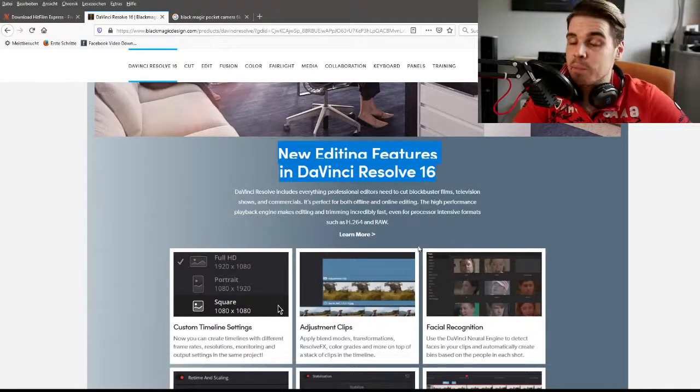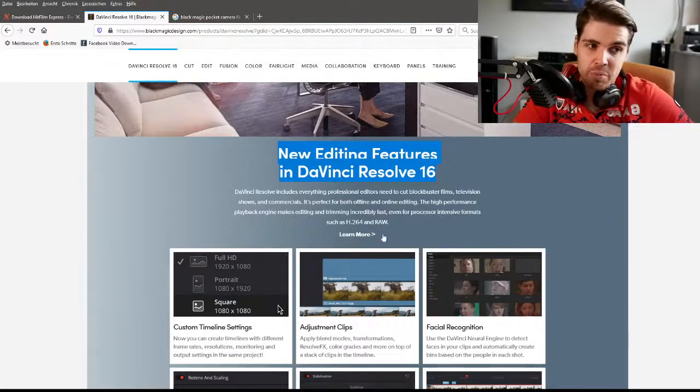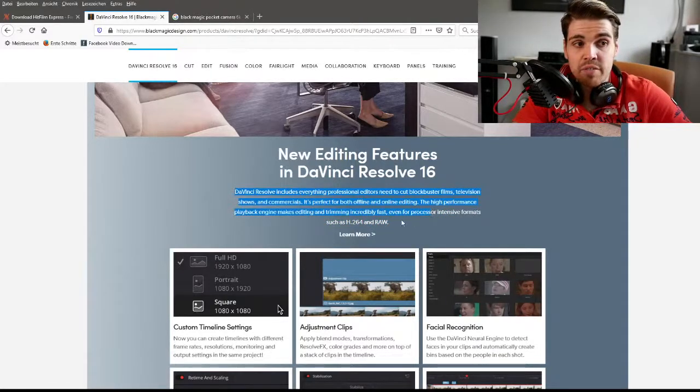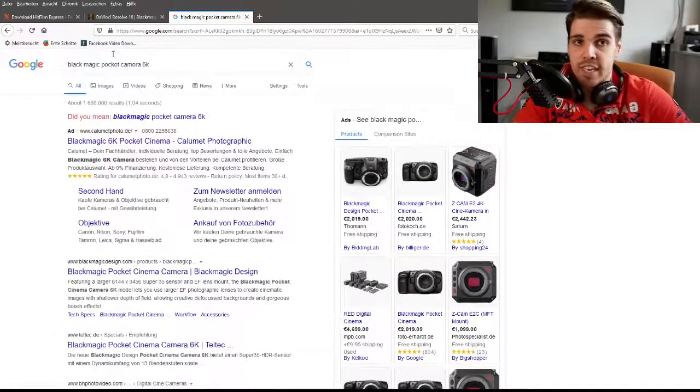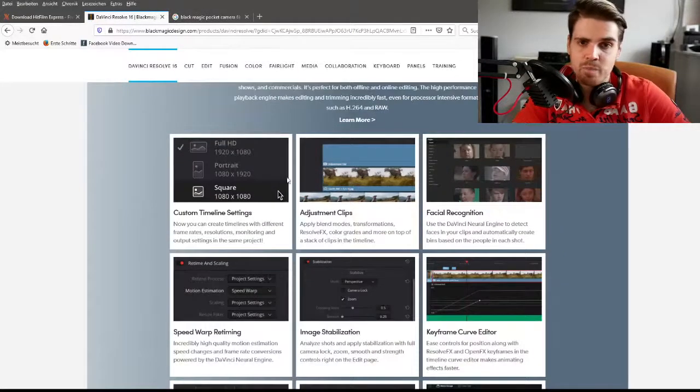Also, in case you're wondering, people do use this software in the professional world, and as you can see, you can even edit H.264, which is just a normal file, but that doesn't mean you can edit H.265 files, which is a different compression. But it is good that you can edit RAW, meaning you can basically edit your camera footage from here. That's fantastic. That is really good. But then again, please remember, if you do edit with one of these RAW files, make sure you have a proper computer for it, because it is very intense.